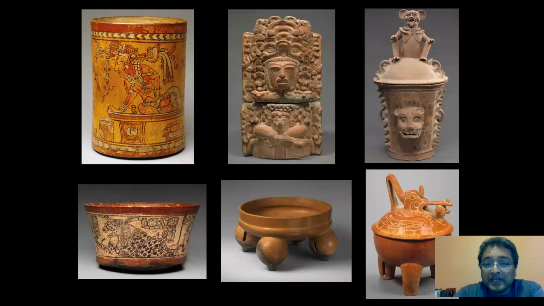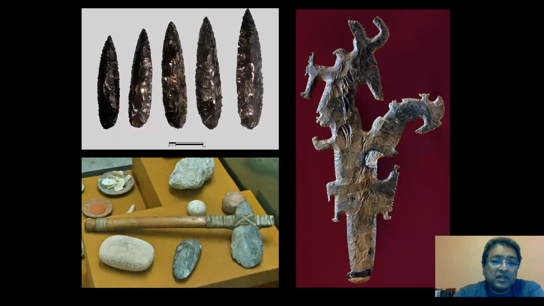Maya communities included craftspeople. Often craft production would be sponsored by the kings. The Maya are known for their spectacular pottery, examples of which you can see here. Really amazing stonework with which they made tools and weapons, but also ornamental objects, things that were more for decorative purposes or to symbolize power or wealth. But they were using all sorts of materials.